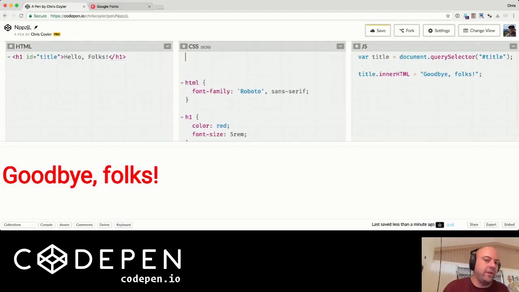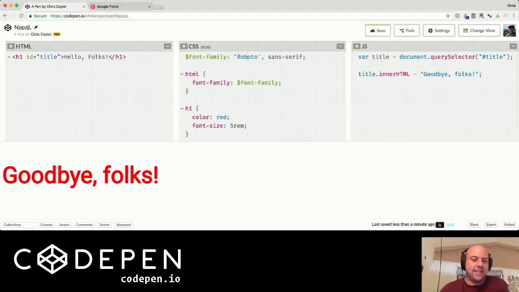Here's a miniature feature of how it might work. We might say that the font family, you can do variables in Sass. Font family is this, or something. And then we could say, well, the font family is the font family. That way, if we were using that font family in multiple places throughout our code, we could change it in one place and it would be changed all over the place. What's kind of cool about that is, okay, that's not CSS anymore, right? It's not like we just take this code that you've written and plunk it right down into here and hope that it works. No,